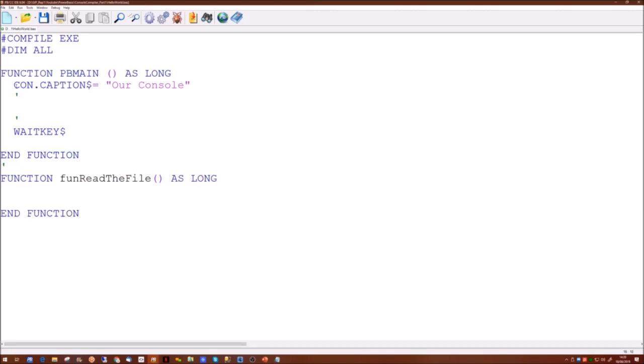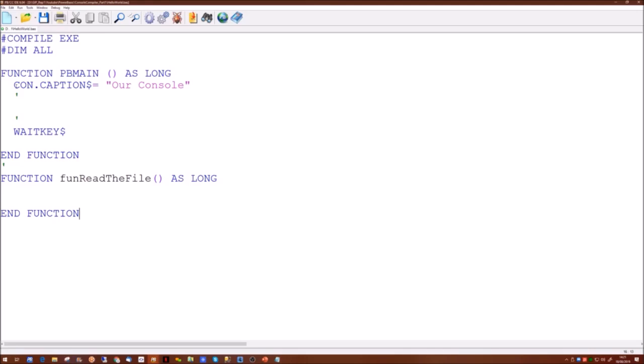Now, using the function word at the beginning tells the program it's going to be a function as opposed to a subroutine. For those of you who are beginners to the basic language, the basic difference between a function and a subroutine is that a function can be called with parameters.